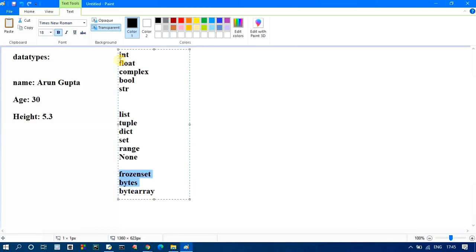These are some different types. Frozen set, bytes and byte array are not in your syllabus. We have discussed the data type concept up to int, float, complex, bool, string, list, tuple, dict, set, range, and none. Up to there.